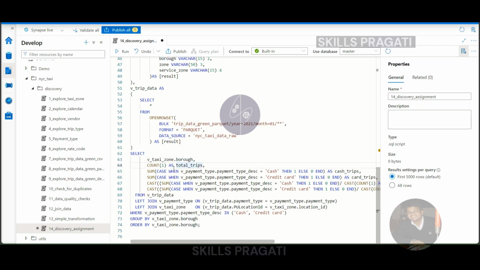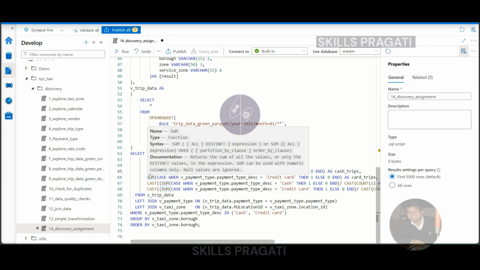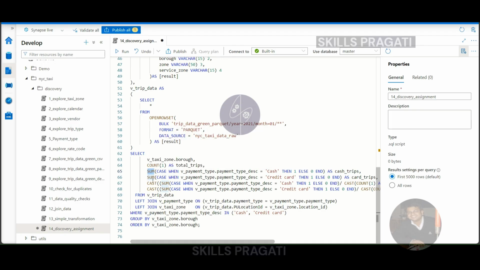You can use a sum and then say case when the description is cash, give it a value of 1, otherwise 0. So every record which is a cash transaction is going to have a value of 1 and the other cards have got a value of 0. And then when you do an aggregation using sum, it's going to add up all the ones and give you the cash trips. And similarly, I've done the card trips, but now the description is credit card